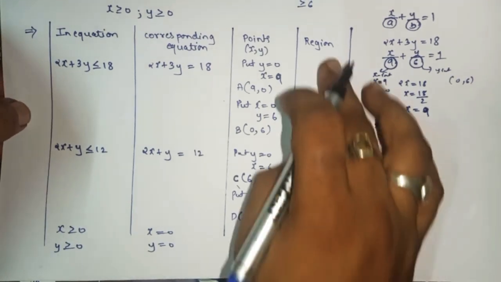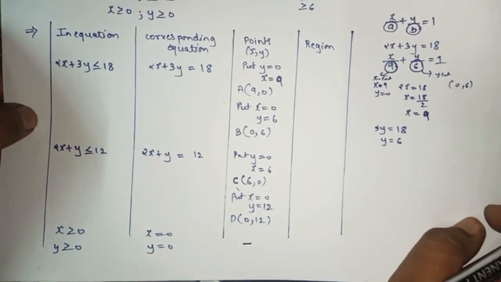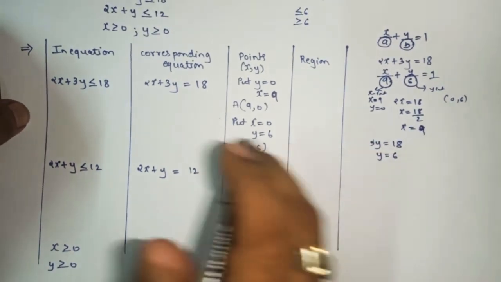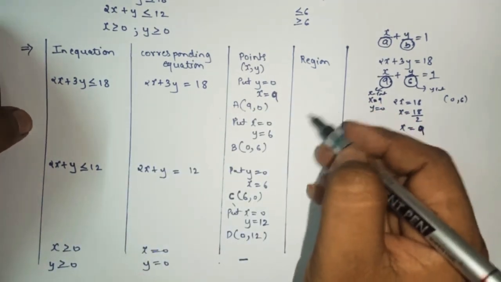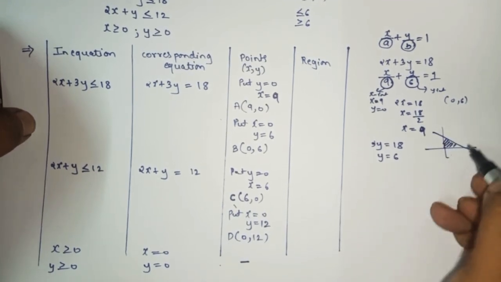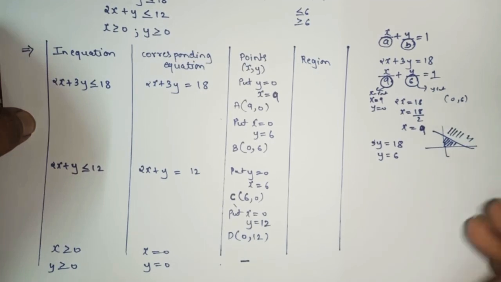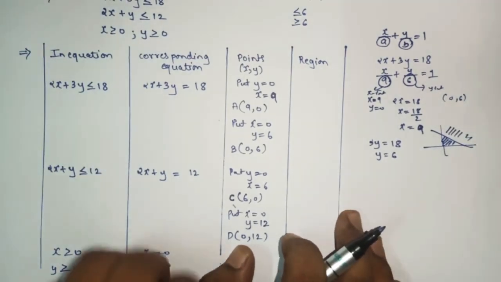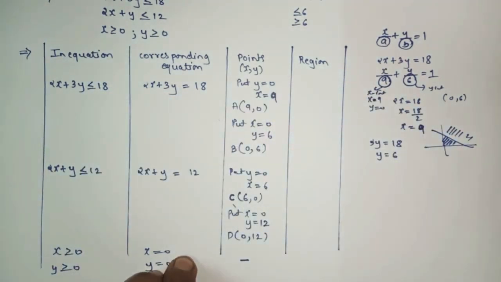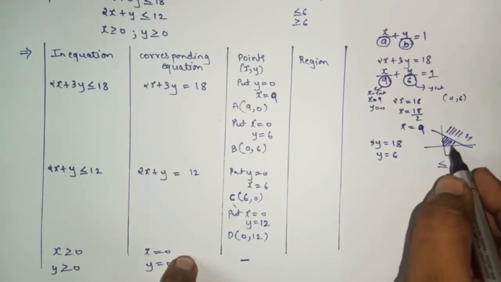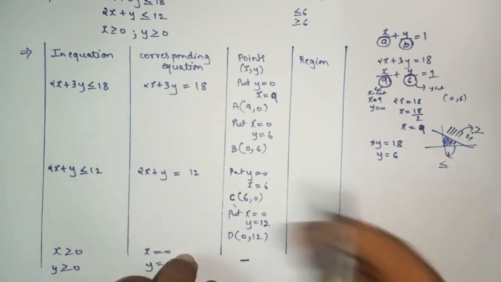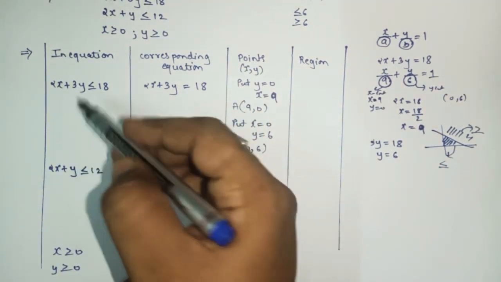Okay, now we'll see the region part. What do you mean by the region? So region means what? Where the feasible region will come. It will be touching the origin side or else non-origin side. So now how to guess whether it will be origin side or non-origin side? By seeing this, less than equal to means what? Basically it is origin side only. Yes or no? Less than equal to means origin side. Greater than equal to, that is non-origin side. Or else simply replace this value of x and y by 0, directly 0.